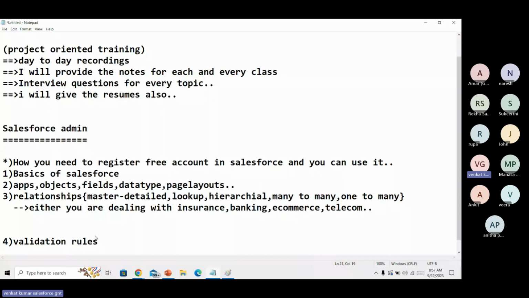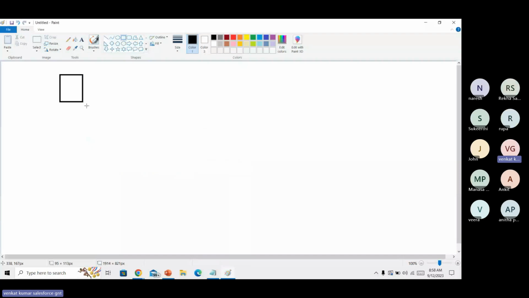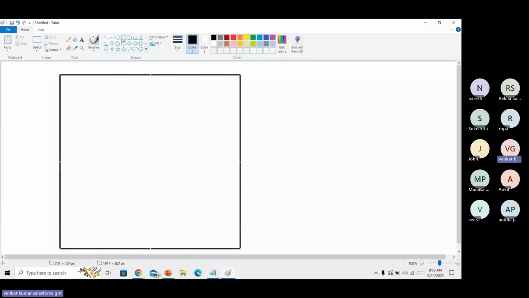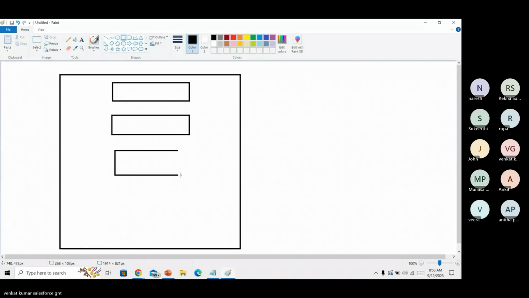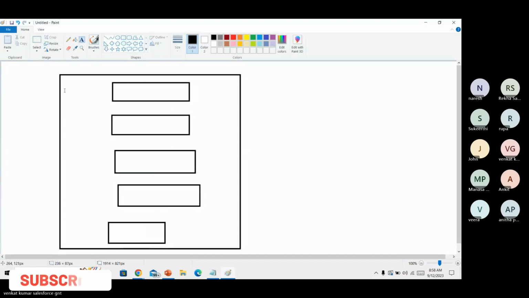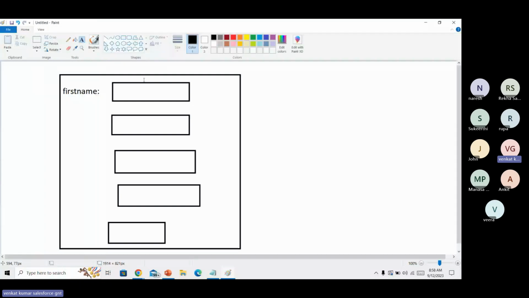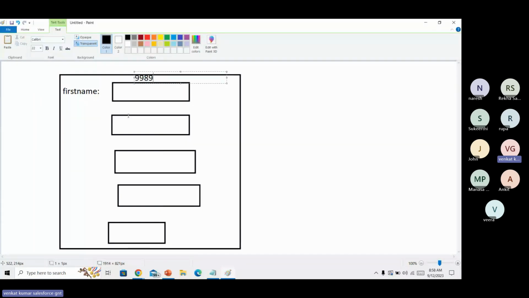For example, if you open any application, a banking application or whatever it may be, you get some forms to fill in all the data. For example, you are interested in taking some insurance. They'll give some form, and on the website some form will open: your first name, last name, phone number, email, and you click the submit button. Now, for example, you entered your number. Will it accept, or will it show some error, like please enter your name?